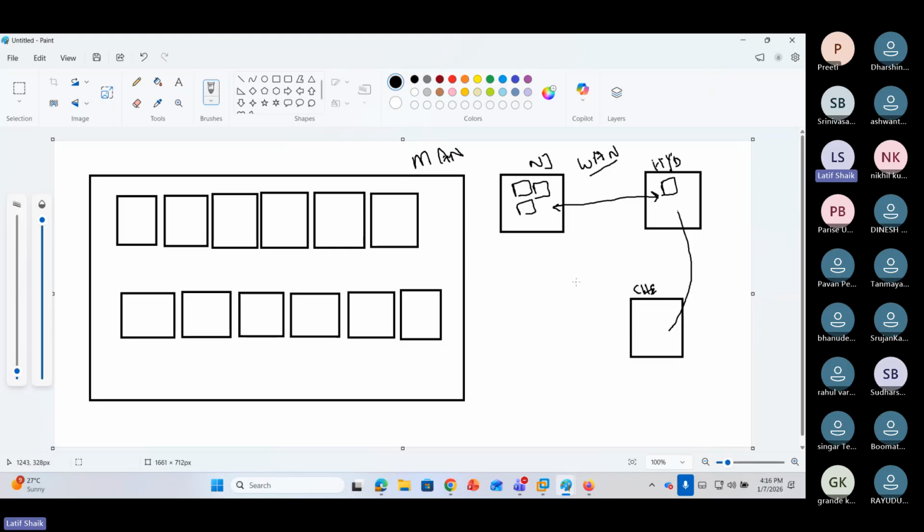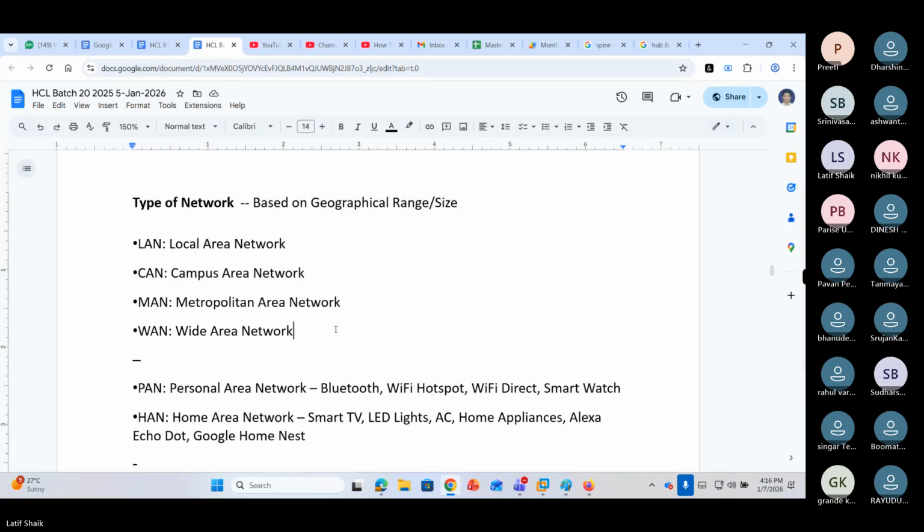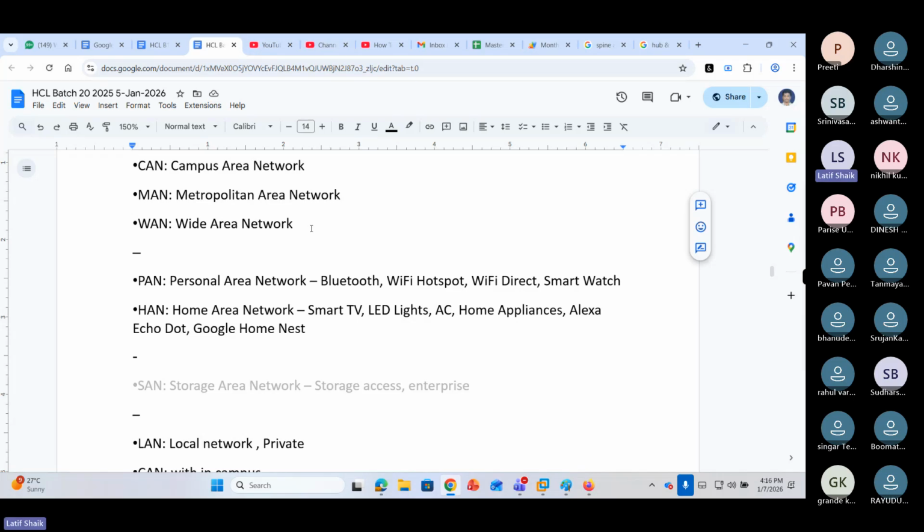Wide area network means the range is global, not a city, not a country either. Okay, LAN, MAN, CAN, WAN.